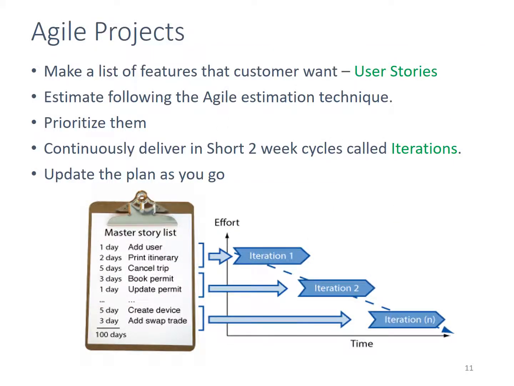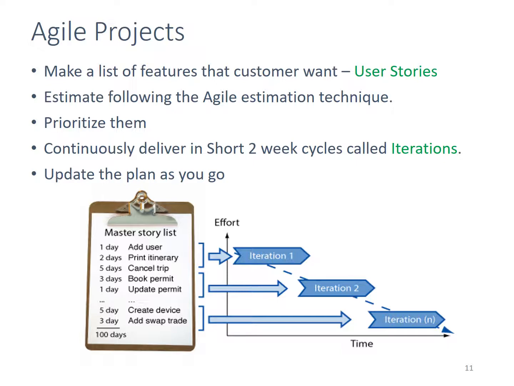How do we follow Agile methodology in our projects? Sit with the customer, make a list of features that the customer wants, called user stories. So we basically break down the project into little bits of user functionality called user stories. Estimate the user stories following the Agile estimation technique, prioritize them, and then continuously deliver them in short 2 week cycles